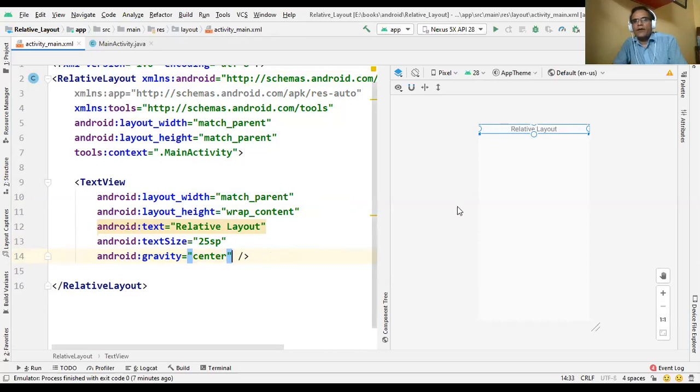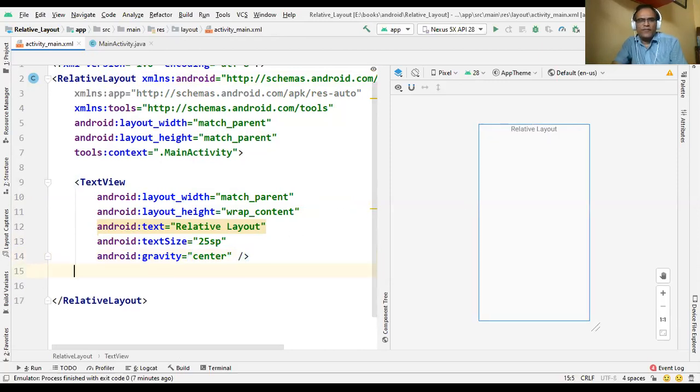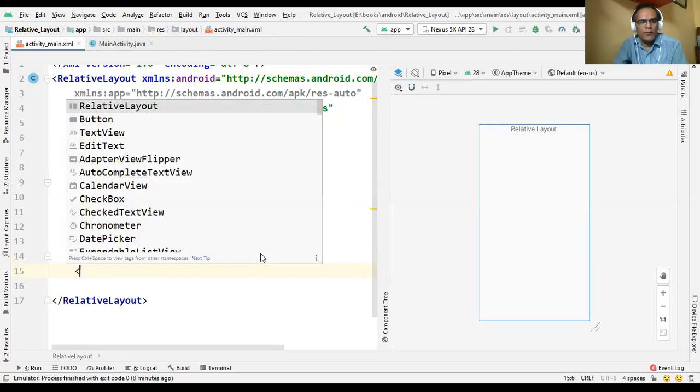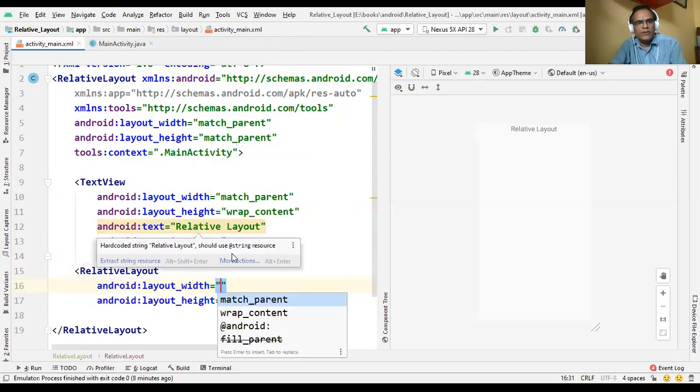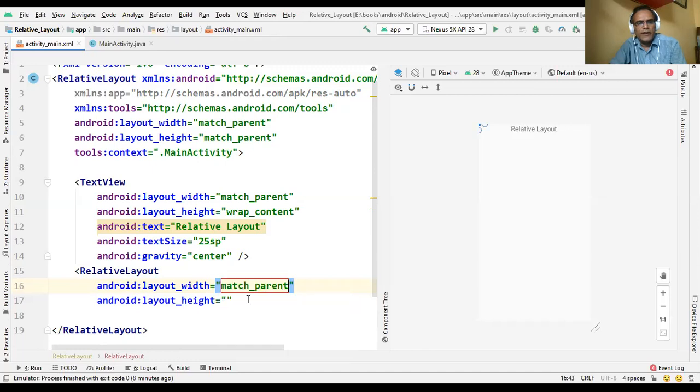Now in this application we are using a nested layout. We create one more layout inside this relative layout, and again we are using relative layout. You can see for the default properties width and height we use match parent.